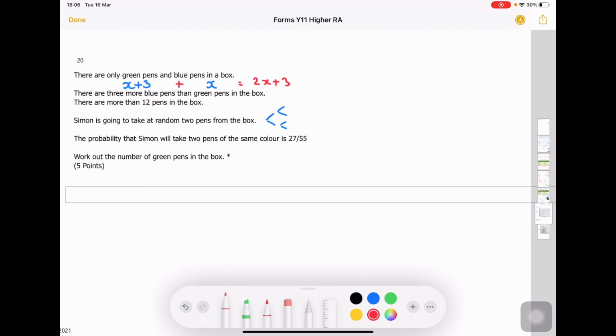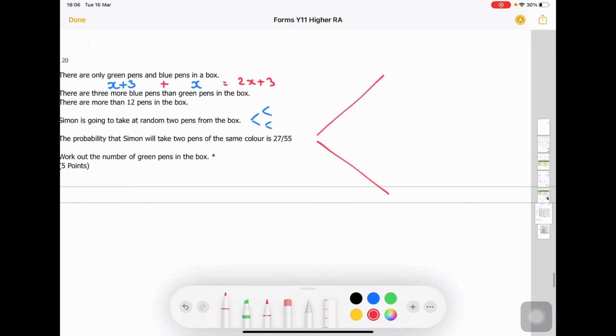So now let's do our tree diagram. Try to make it a bit bigger. So we have x plus 3 over 2x plus 3. x over 2x plus 3. Okay, so